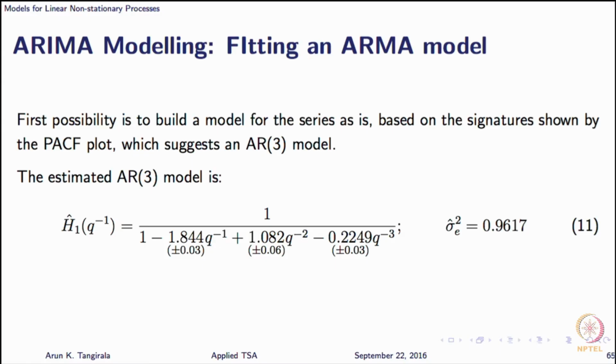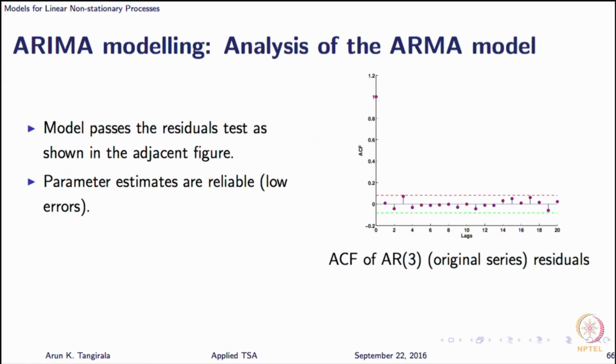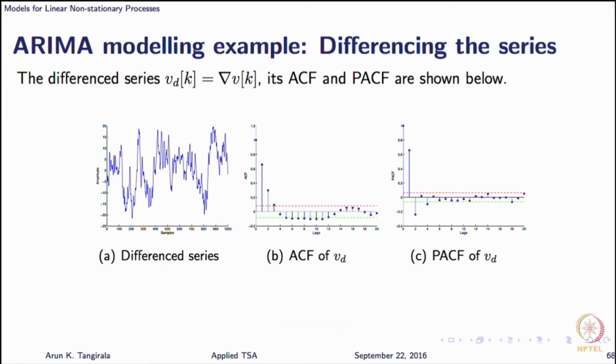Now, I fit an AR model, although I say ARMA model, I fit an AR model. So, this model is satisfactory in almost all respects, I have not cross validated, but this is one model that I have. The other option is to difference the series, because let us say the formal test says that there is evidence, and I went ahead and differenced the series, and you can see now the slowly decaying ACF has been replaced by an ACF of a typical stationary process.